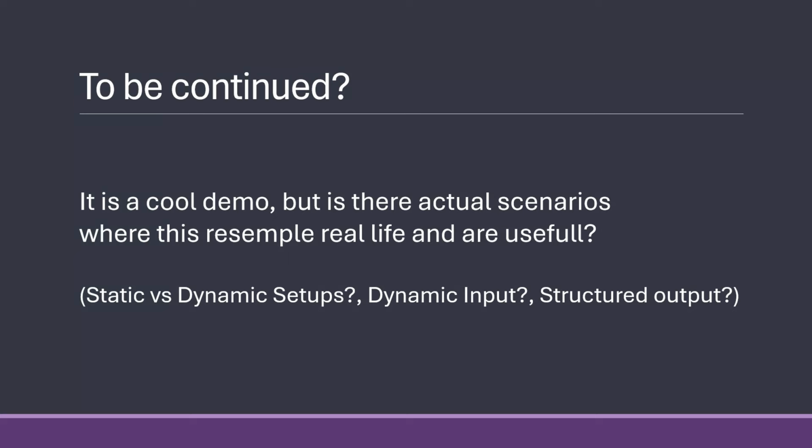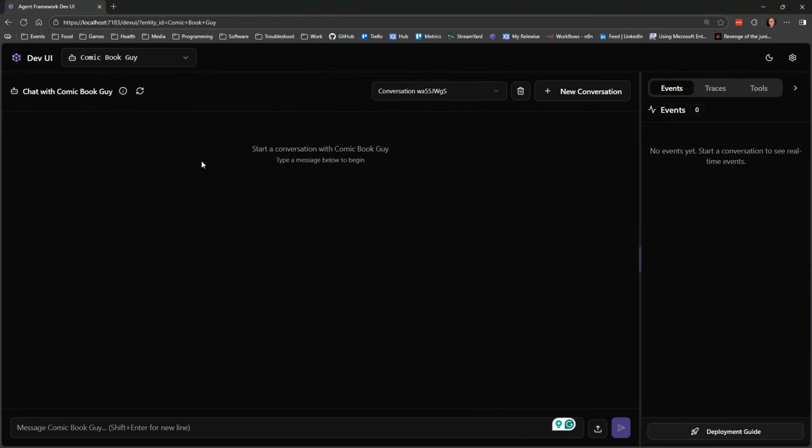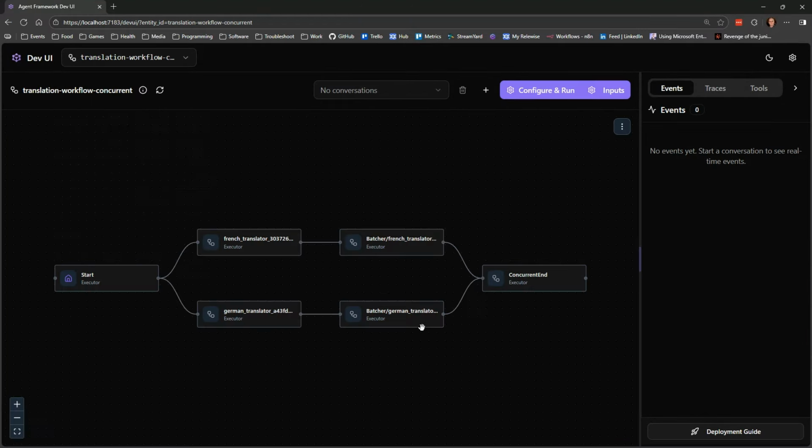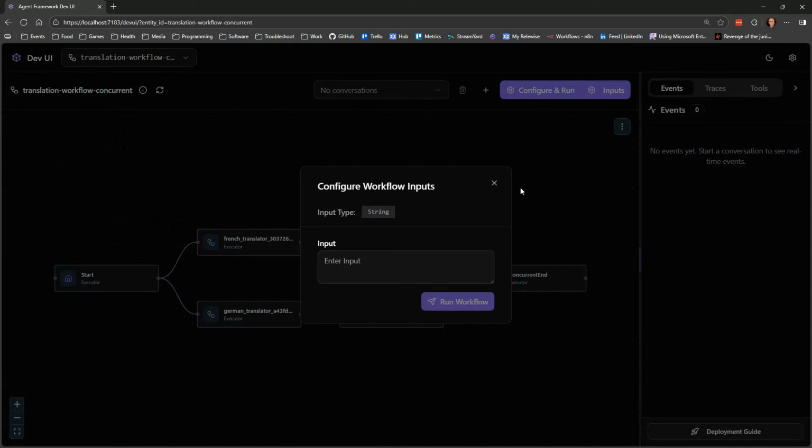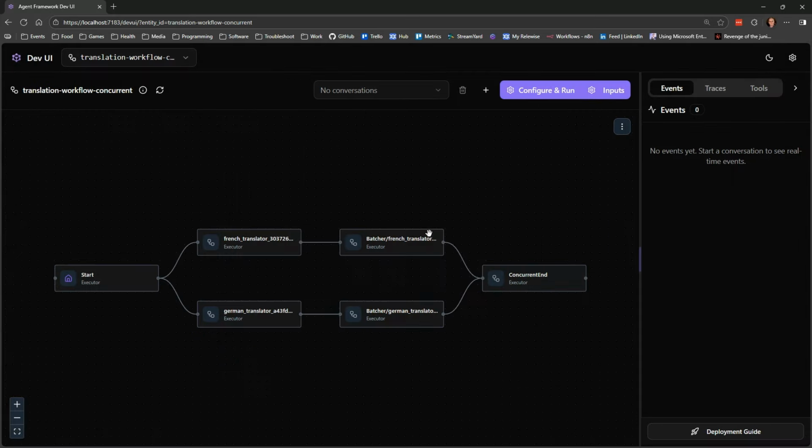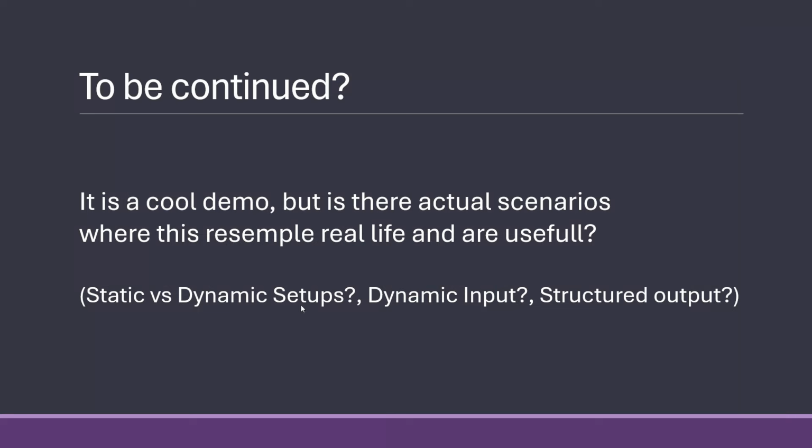But I might change my mind, especially when I go and do more workflows in the future. That's the most enticing part for me, that you can go in and see your workflows like these and see them run. Because then I at least just have to give the input, because they will not have on-the-fly input like the other ones. So, but only time will tell. I will definitely follow up, but for now, cool party trick, but not any real value to me at least.